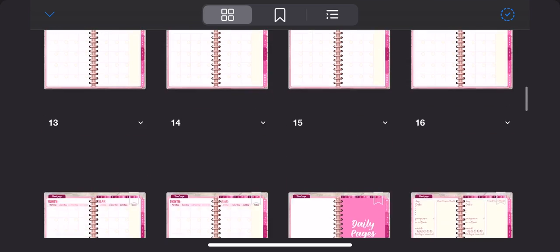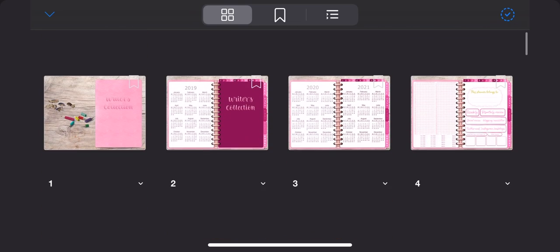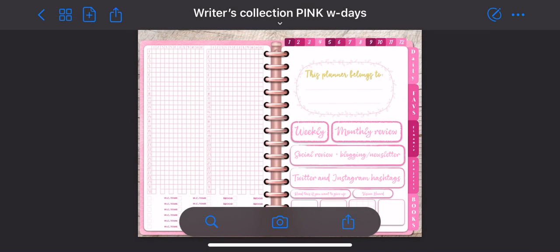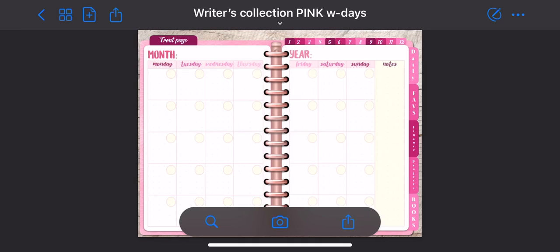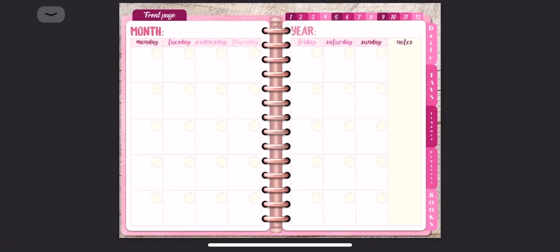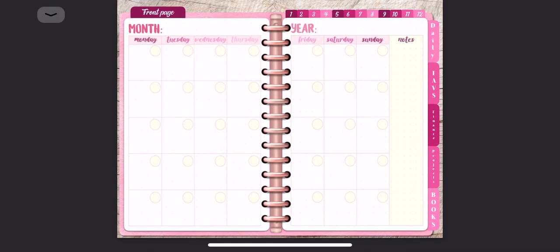And that is how you do the months. If you go to the front page here and you go to a month, then it will follow the next month. But you can copy and duplicate the weekly layout and put it after the monthly spreads. And that way you will have an entire planner fully personalized by you. I could have made it